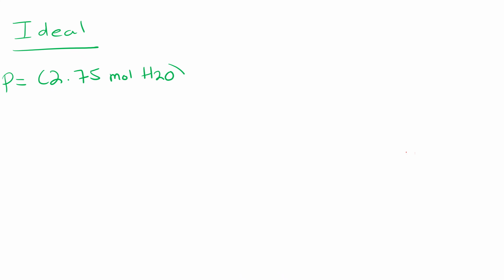Okay, let's carry out the calculation with the ideal gas equation first. To calculate the pressure, we take the amount in moles, 2.75 moles of water vapour, multiply it by the ideal gas constant, which to three significant figures is 0.0821